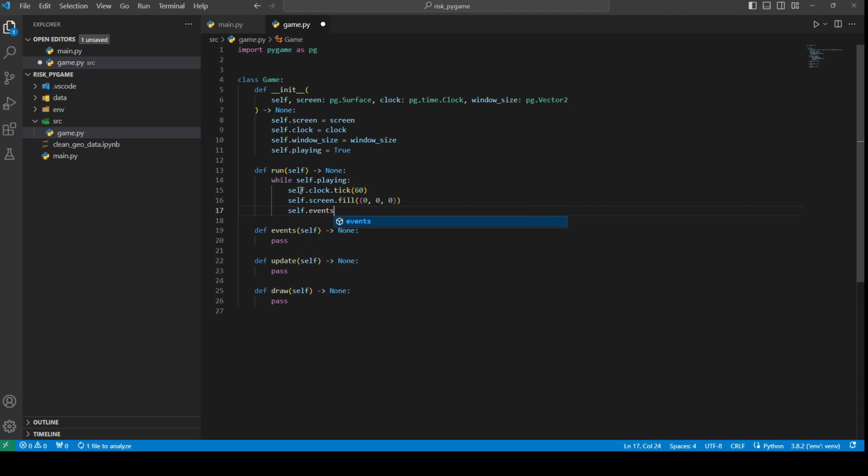We have all of our methods, so events. This is going to be primarily for detecting when we want to close the game. Then we have our update, and then we have our draw, and finally we need to update the screen with everything that we've done. So to do that, we do